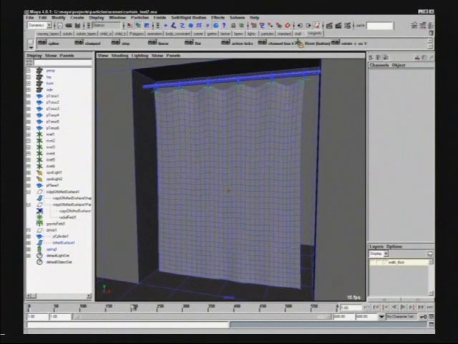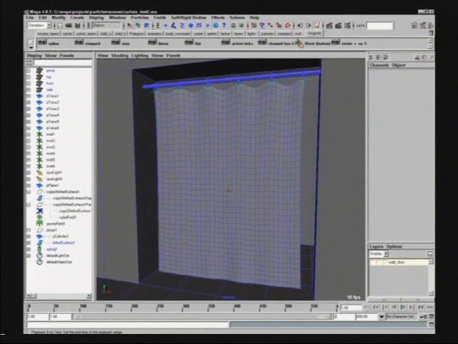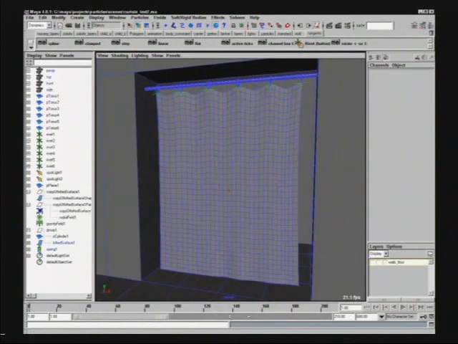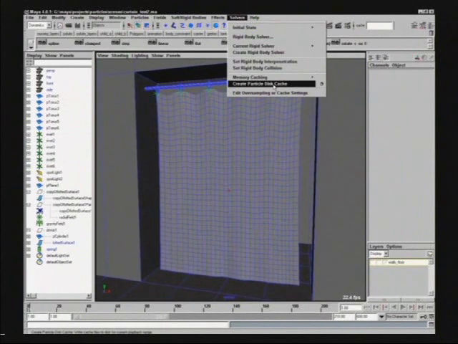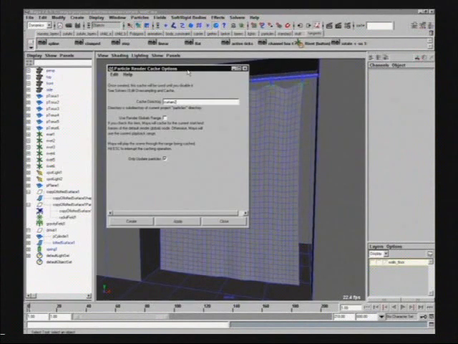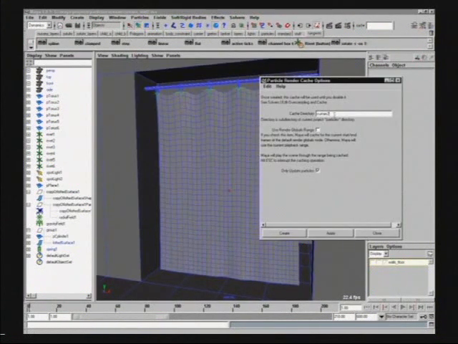So let's say we want to cache 210 frames. I'll set my time slider to 1 to 210, and then I'll go to Solvers, Create Particle Disk Cache. Go to the options, and then in here you will see that it's going to specify a cache directory. What Maya is going to do is, in the particles directory of the current project that you're using, it'll create a directory using the scene name of the file that you're working on,